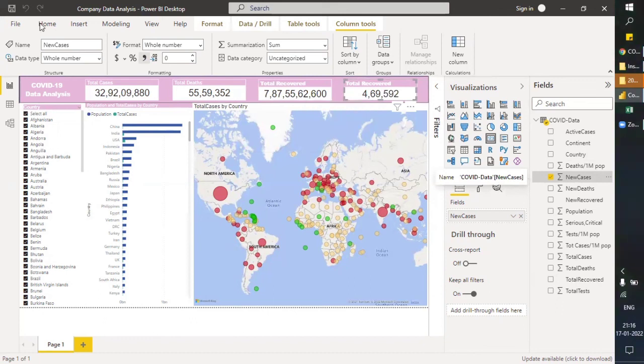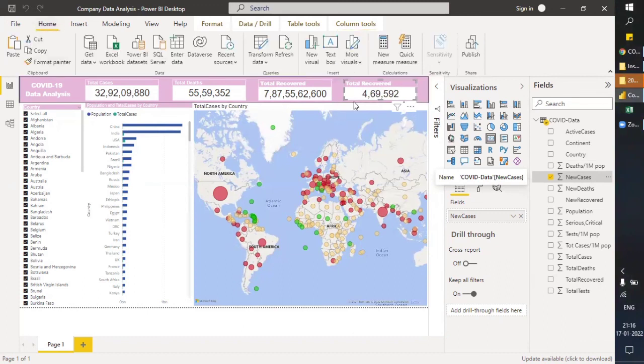So this is done. Now let's go to Home, and you just select this. If I want all three to be in the same format as this one, then I can just select this card and click on this format painter, and just click on this.